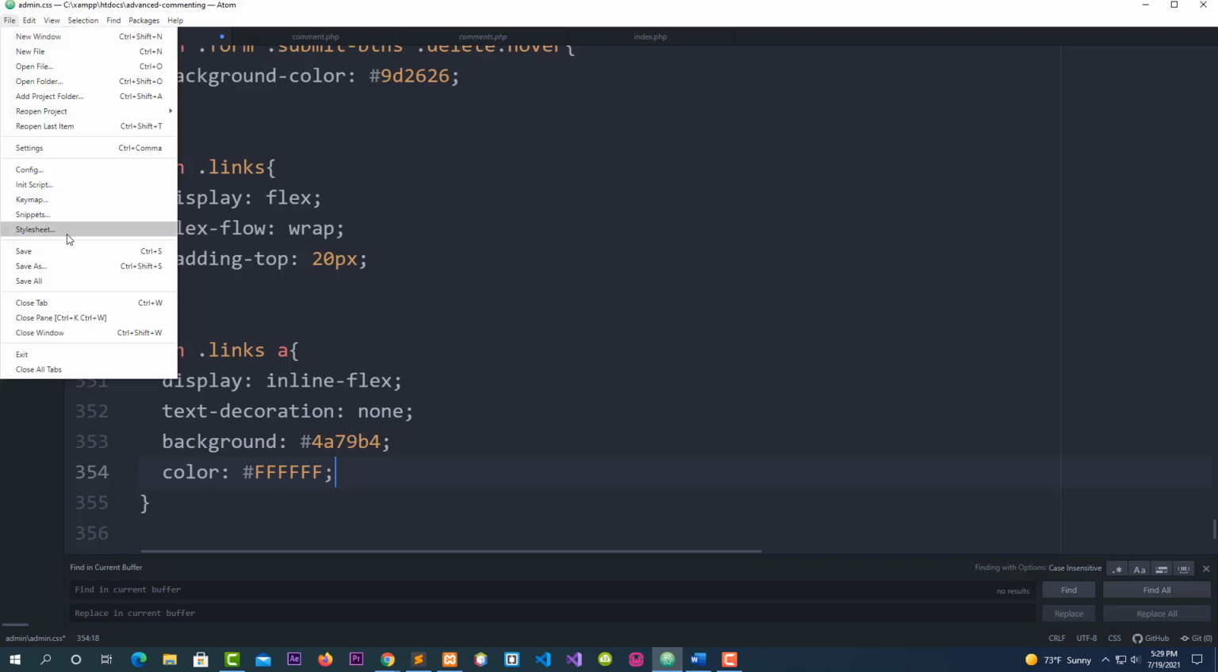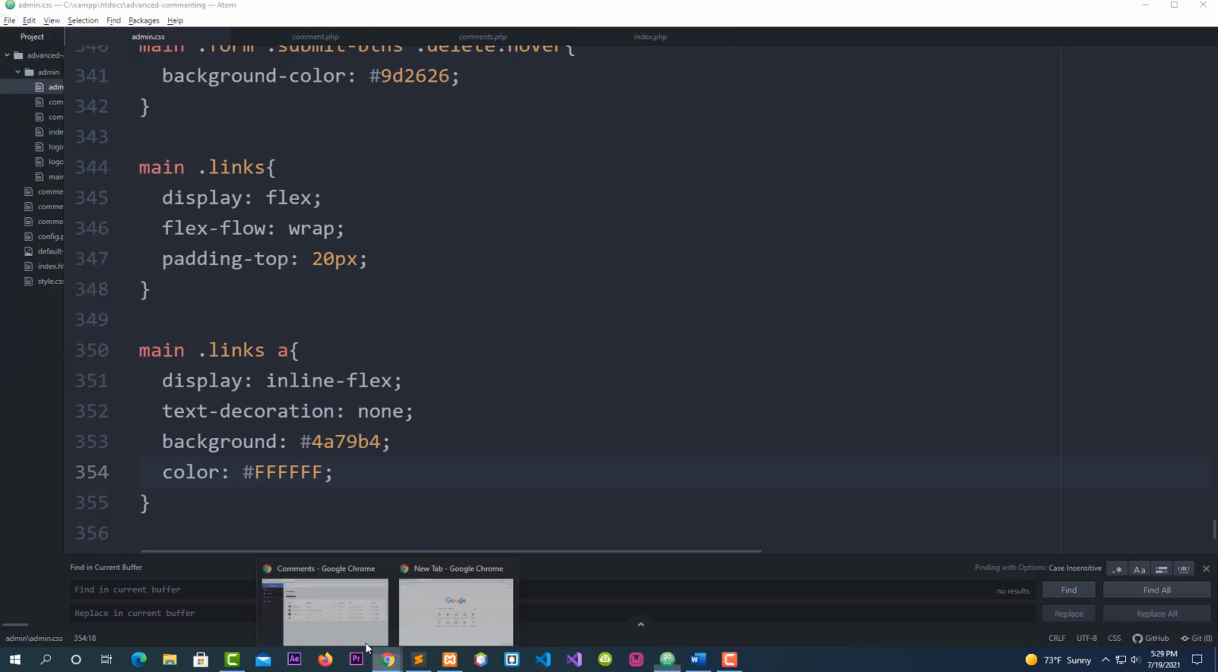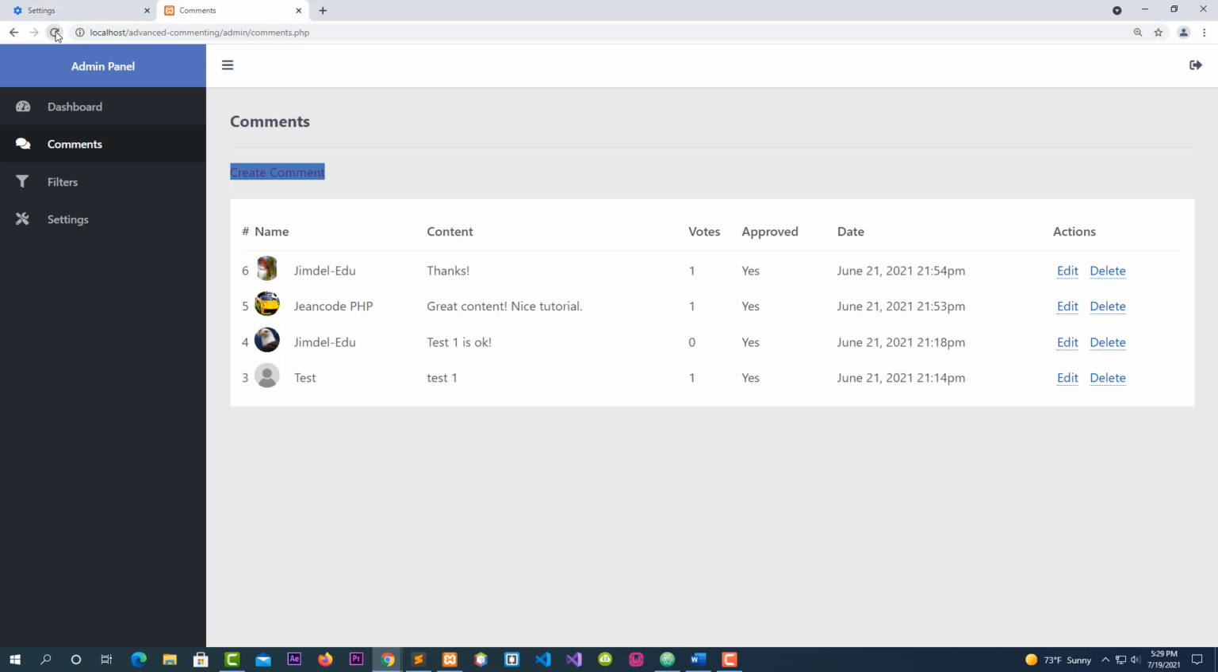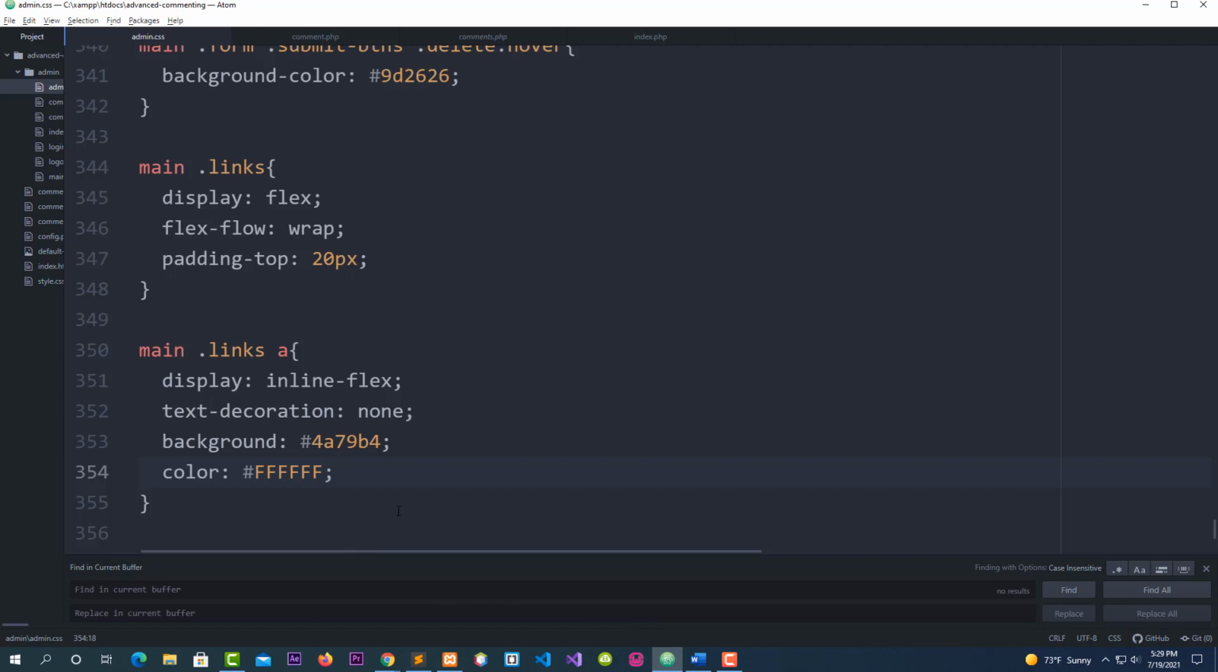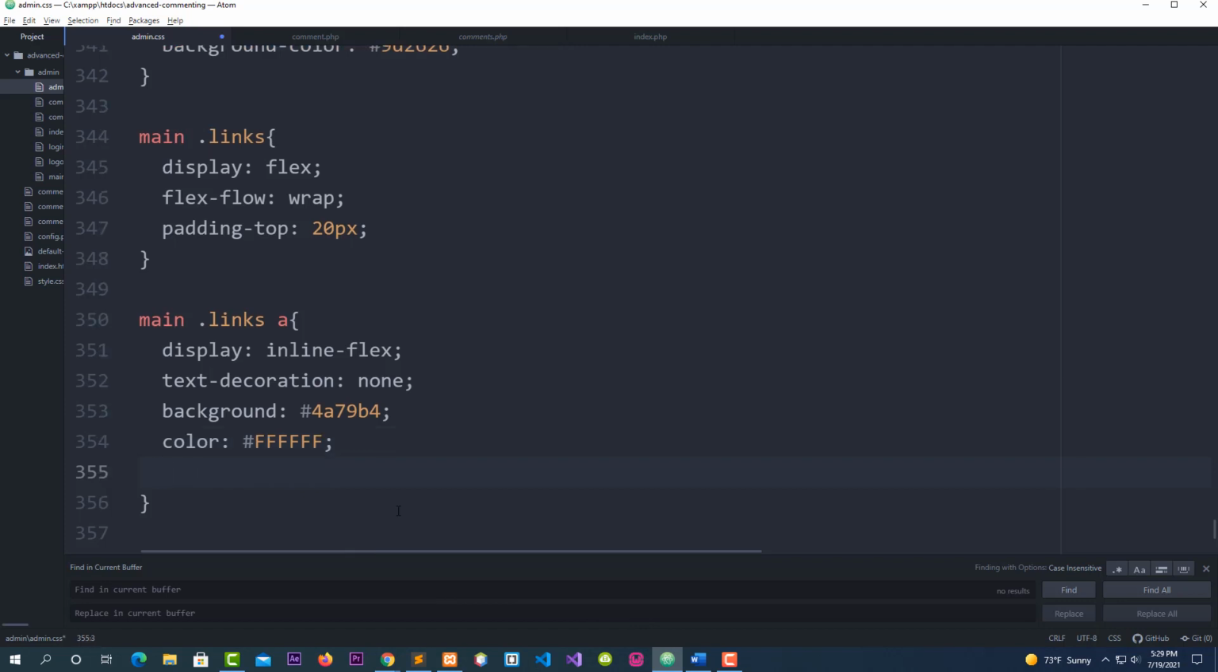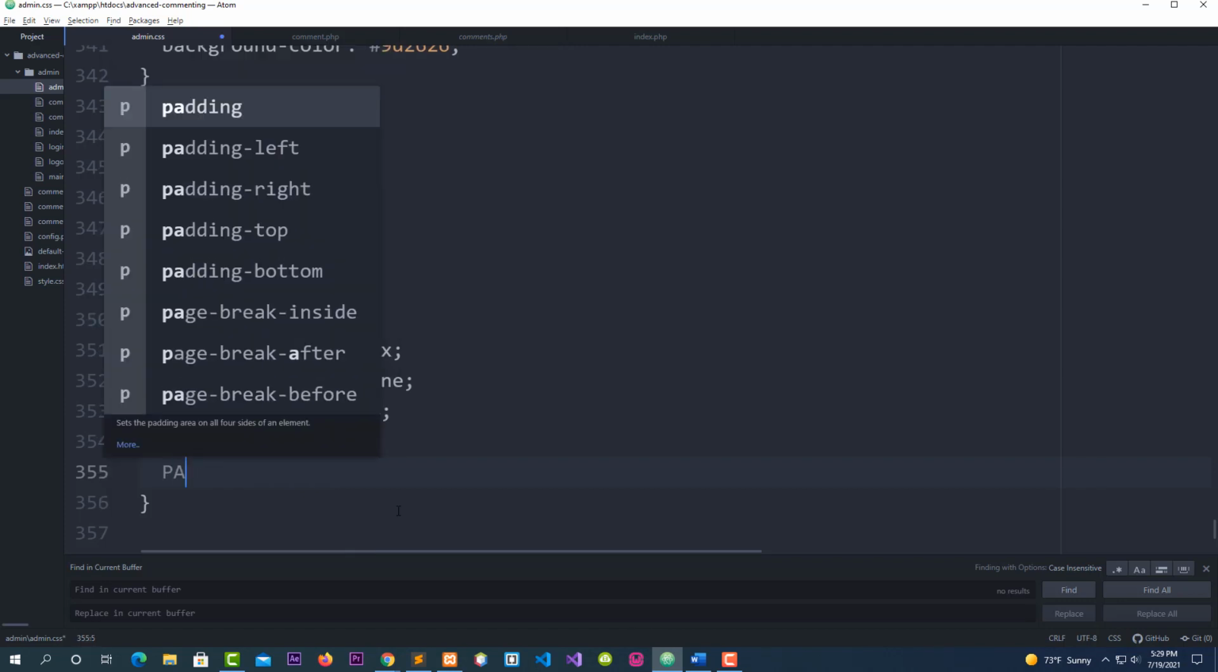And now let's go to File, Save All, go back to our browser now and refresh the page. Okay, now this is the color. I create the background and I pass the color. Now it's white. Okay, we're not done yet. Now let's create it. I need the